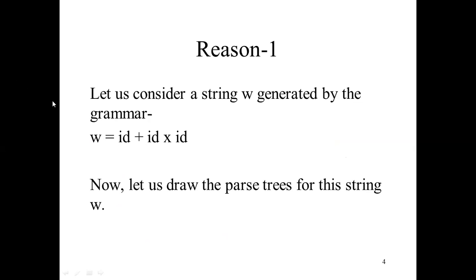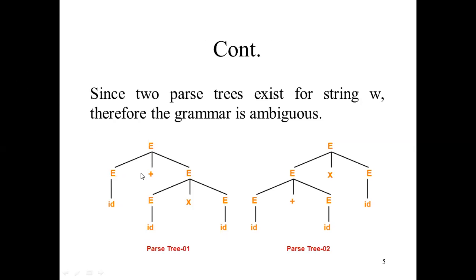So how will we draw the parse tree for this? Now you can see, this is called parse tree 1. Here we are assigning ID plus, this is the operator, again ID, and we are dividing this expression as per the need of the string. What type of string do we need? After dividing, again assigning ID, and this is the operator symbol, this is ID. So this is called the parse tree. In this way we are getting the output ID plus ID into ID. Now we have the other option.